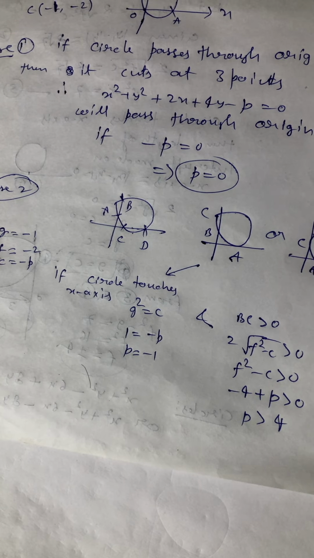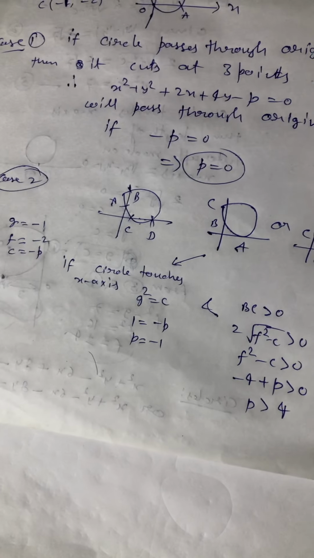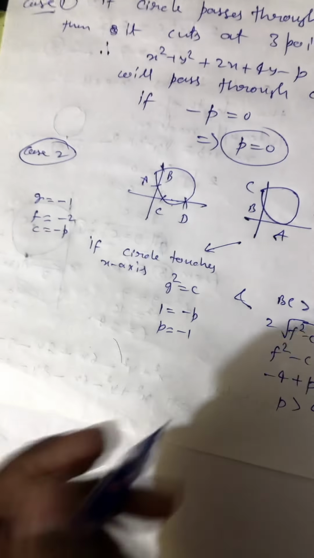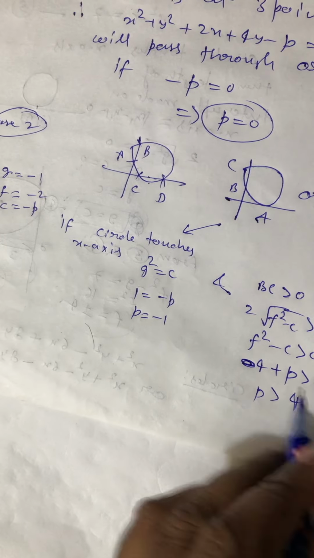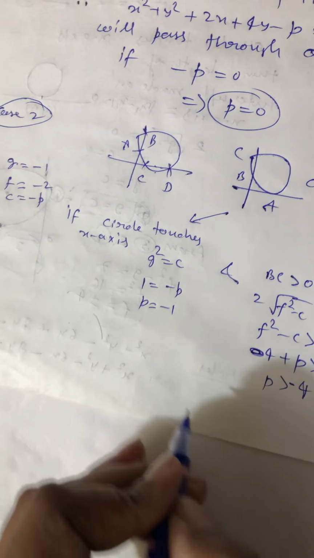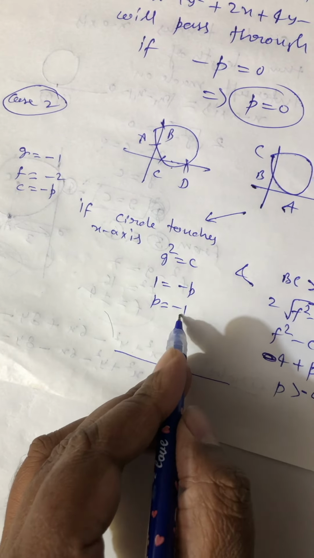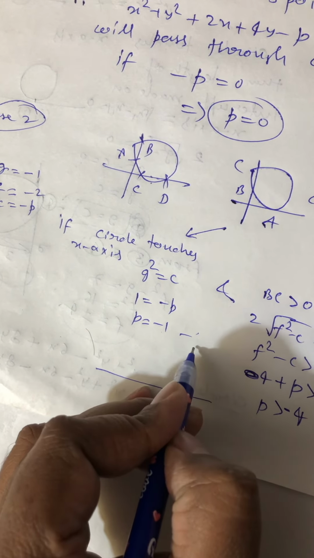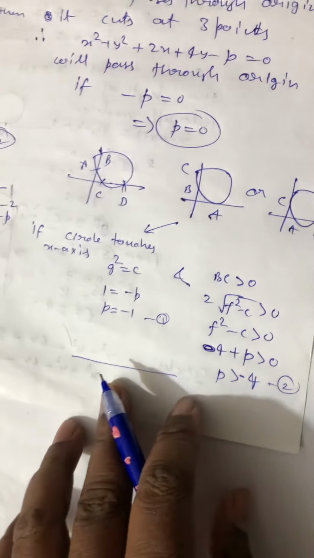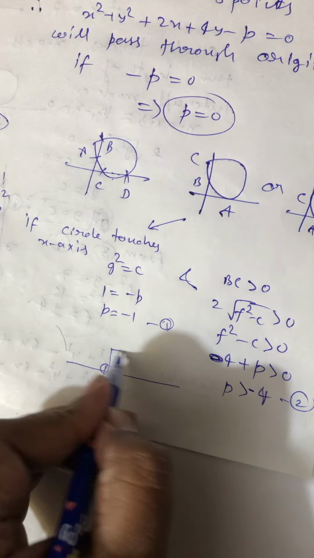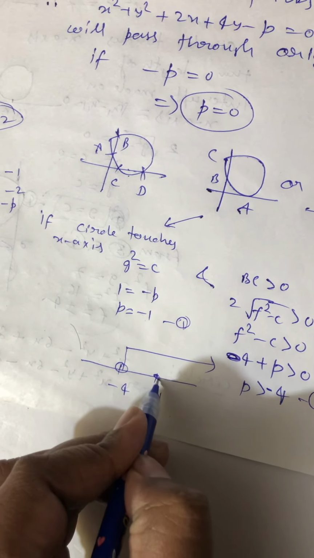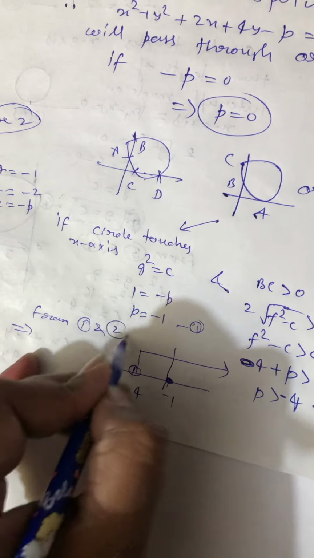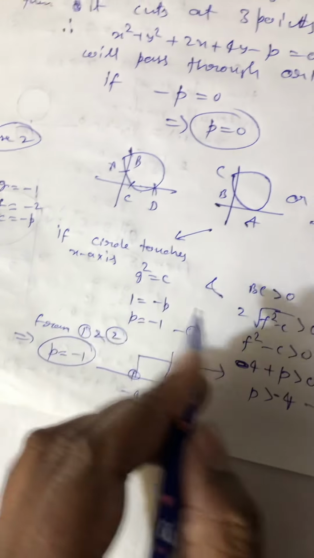सर्कल टच x, b² - c, f² आपको कितना है, f² तो +4 हो जाएगा। तो p greater than -4, यहाँ से ये आया। दोनों को जब हम सॉल्व करेंगे, यहाँ आ रहा है p इज -1, आपको इक्वेशन नंबर 1 और इक्वेशन नंबर 2, दोनों का इंटरसेक्शन लेना पड़ेगा, दोनों कंडीशन सेटिस्फाई होनी चाहिए। ये है -4 से ग्रेटर और यहाँ से आ रहा है -1। सो दोनों का अगर इंटरसेक्शन लेंगे तो 1 सिंगल पॉइंट आएगा। तो यहाँ से फ्रॉम 1 and 2, मेरे पास जो p का वैल्यू आ रहा है -1 आ रहा है। अभी हमने p = 0 निकाला था, यहाँ -1 आ गया।